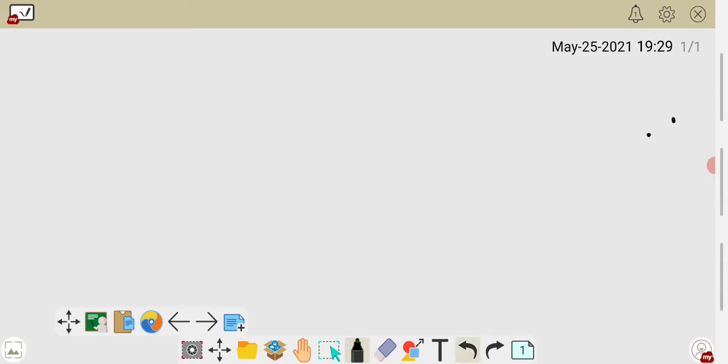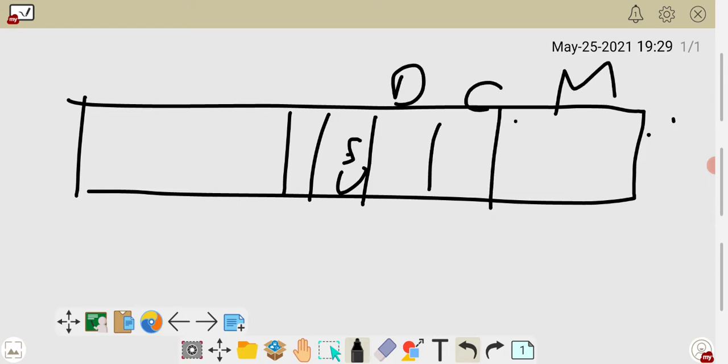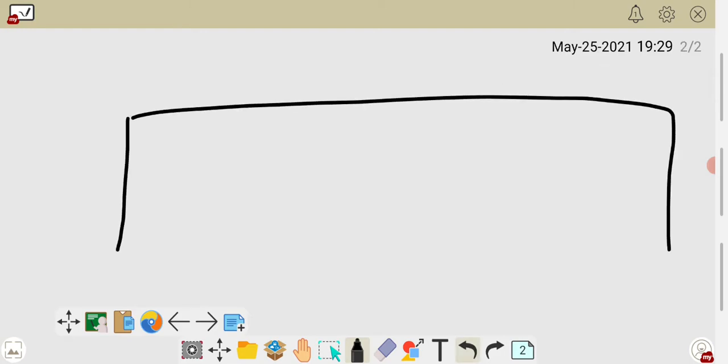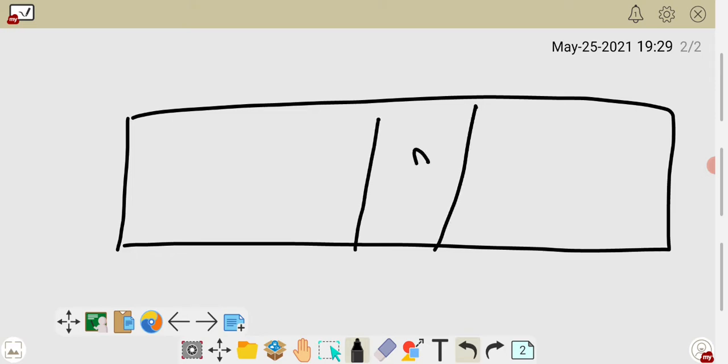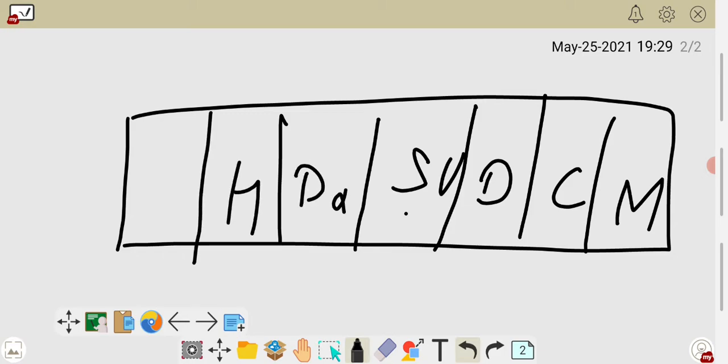Just see here. I make a table here, like that one. It is the standard unit. Then deci, centi, milli. Okay, I am writing on the next page. Just look clearly. I make a table here. It is the standard unit. Now deci, centi, milli, and here deca, hecta, kilo.